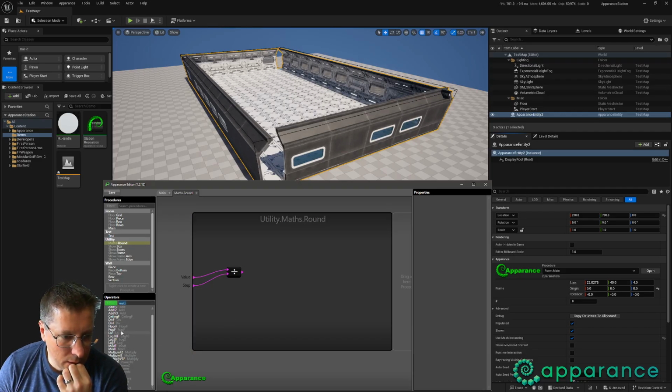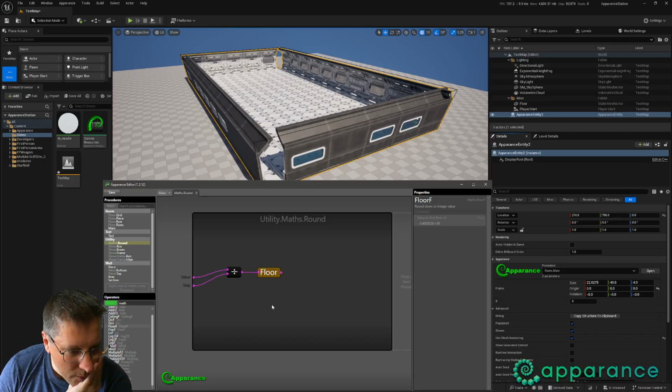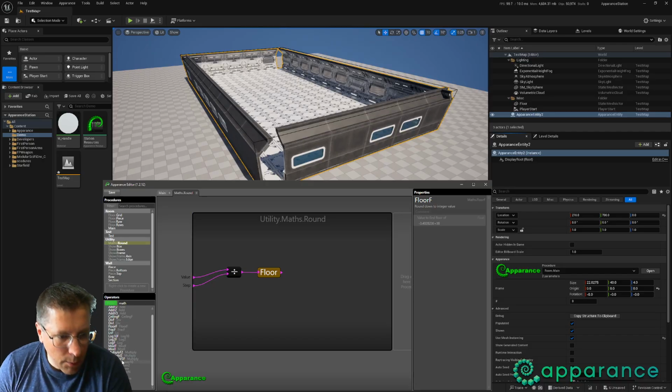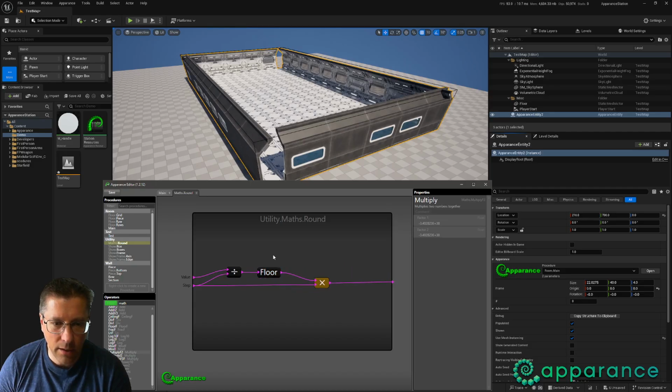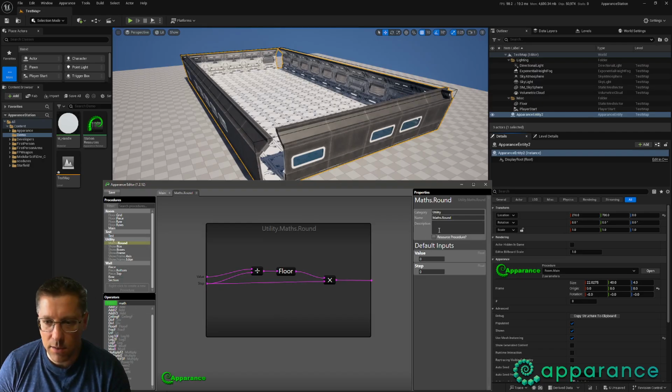We're going to do a floor of that, so it's basically snapped to integer intervals, and then we can multiply it back up. There's probably better ways of doing this, but having put it in a procedure, I can revisit that later. That's a fairly simple bit of functionality, but it's a nice little utility. Round down to